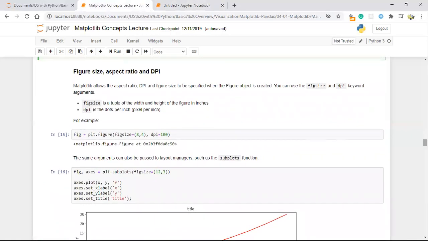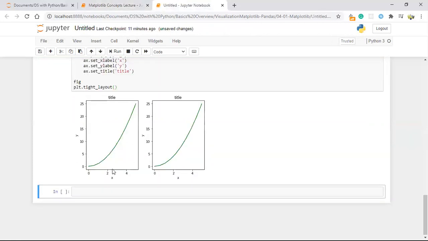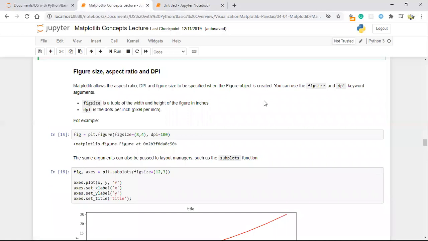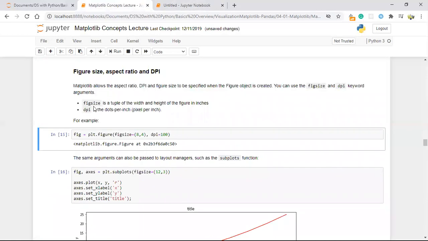Then what else we can give here is the figure size, aspect ratio, and DPI. Figure size means the size of your figure. This is one figure, and whatever size you want to give is your figure size. DPI means dots per inch, which is nothing but the picture quality.